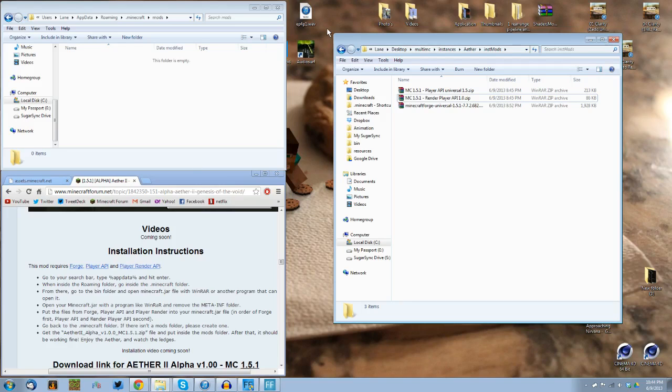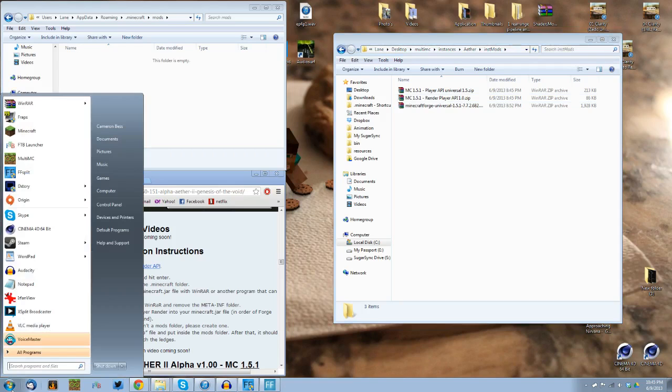This is the Aether 2 for Minecraft 1.5.1. I'm so glad that it's finally updated, but that is not the important part here. The important part here is I'm going to show you how to install it for your Minecraft without using anything external like MultiMC. So your first step is going to be to